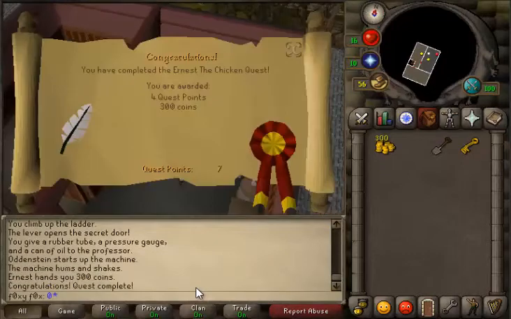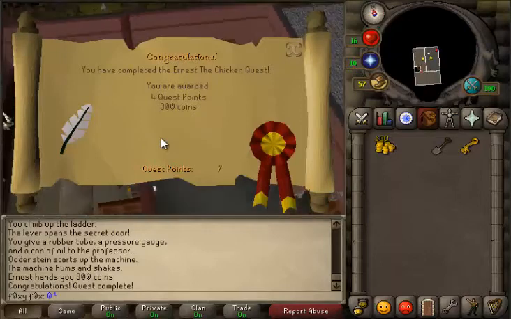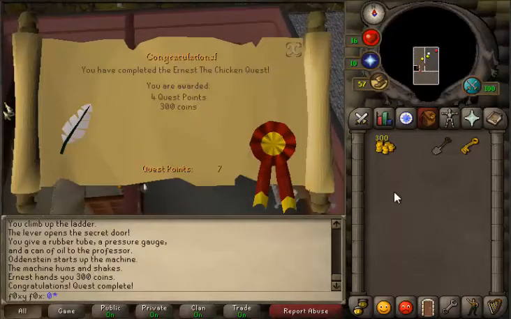And Ernest has rewarded you with 300 GP, and you've also got 4 quest points for that. So that's the quest complete, and thank you for watching,